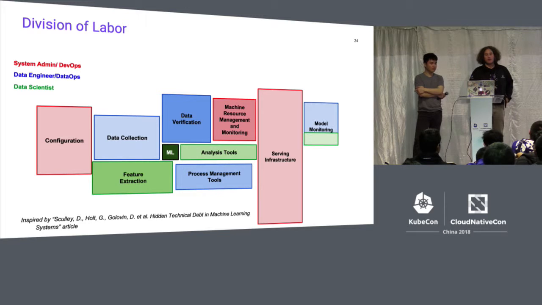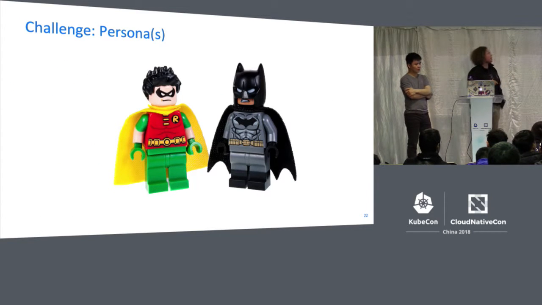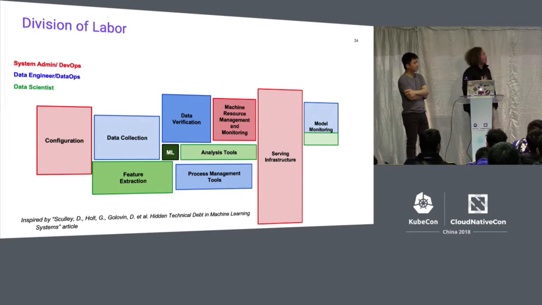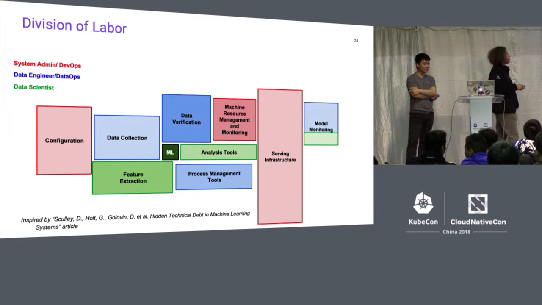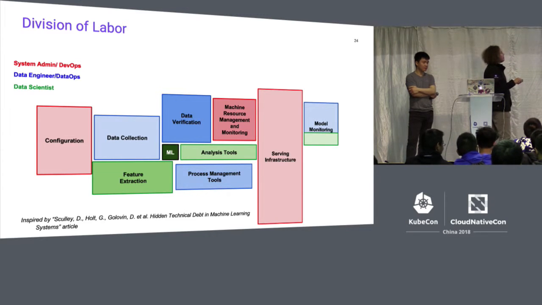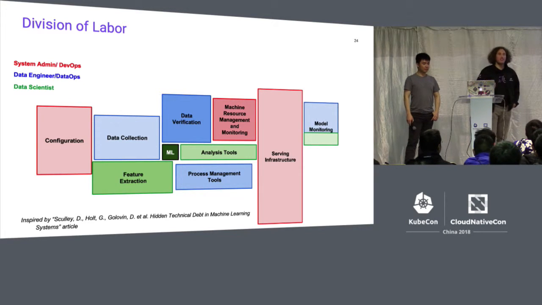And this was a slide I was looking for earlier. This is the division of labor. If we jump back to our superhero data scientist plus his sidekick, this is the earlier image we saw with all the different challenges. And now we can divide this between different personas. The data scientist can focus on writing his machine learning code, preparing data, exploring data, extracting features. Maybe he needs to do some model monitoring, but overall he can really focus on being a data scientist.